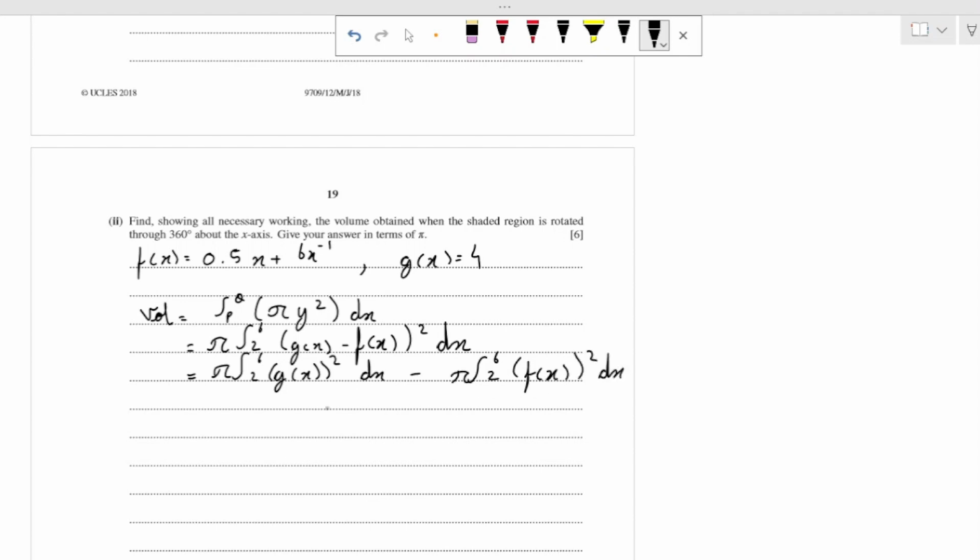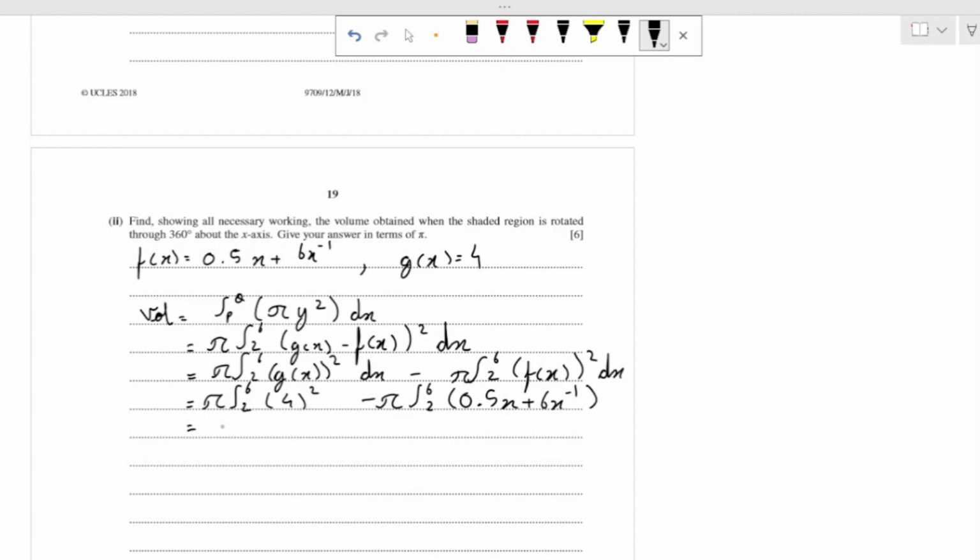So we have now split these further into two separate integrands, making our life much easier. So now we can put in the original equations. That would have pi 6 2, this would be 4 whole square, minus pi 6 2, fx was 0.5x plus 6x inverse,